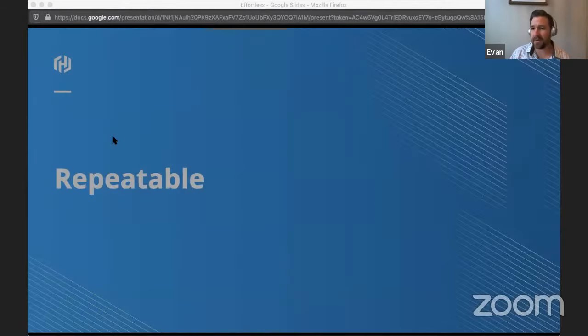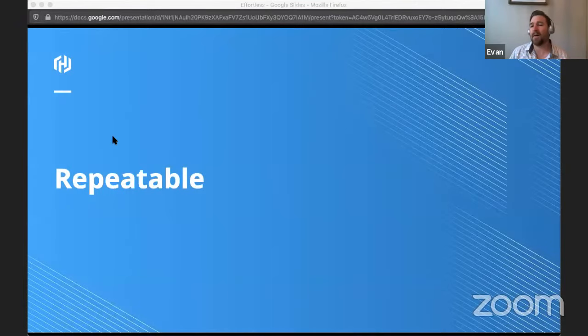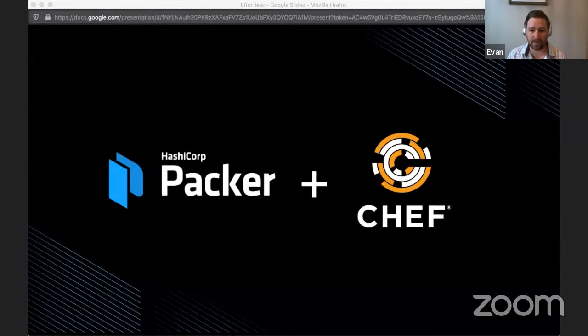So let's talk about the repeatable part of this. And this is where we get into Packer and Chef and how those work. Granted, there are different ways of doing this, but for our case, we decided to do a layered approach to the AMIs.